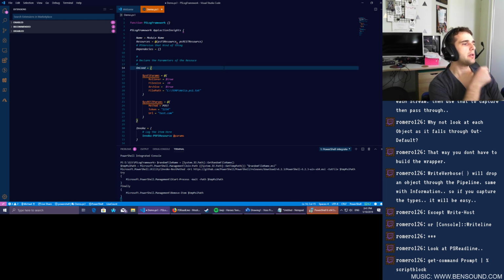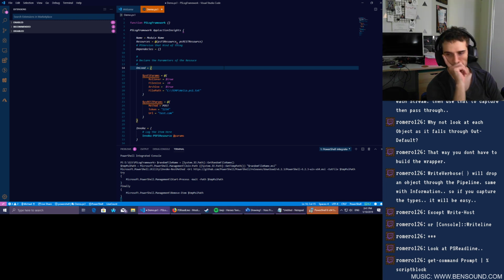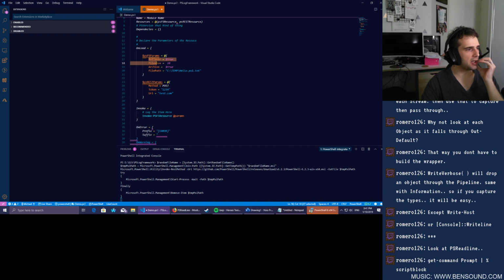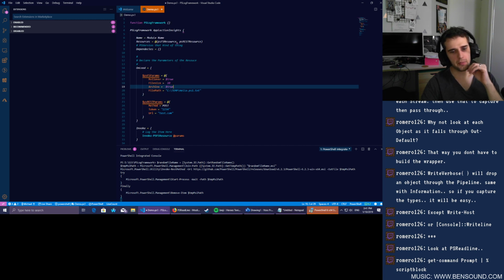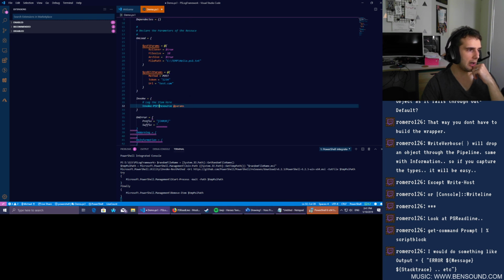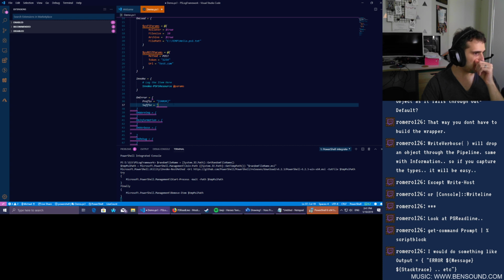So my idea, anyway, is that you can instantiate your resources on load. Essentially people would still need to be able to write resources, but you still get the flexibility to customize what you want according to the resource. So you could have, for example, invoke PS resource and params. The params would be